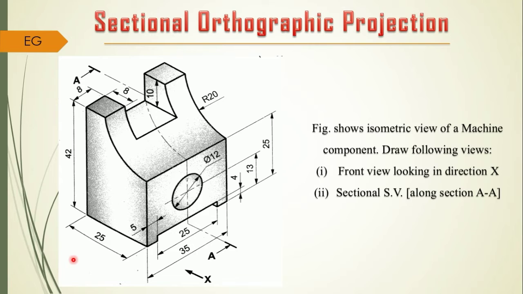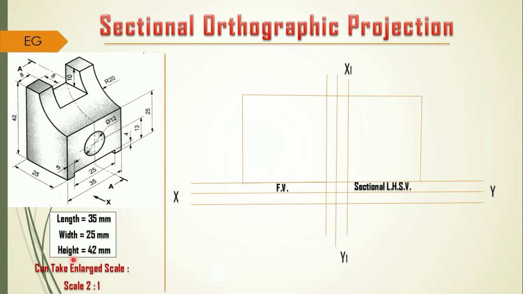So we go for that. Now we go for its solution actually. By our regular practice, initially we took the respective parameters. They are the overall dimension of the object. So here you are having the length of the object. Initially, when we look in the direction of arrowhead X, there you get the length of the object.